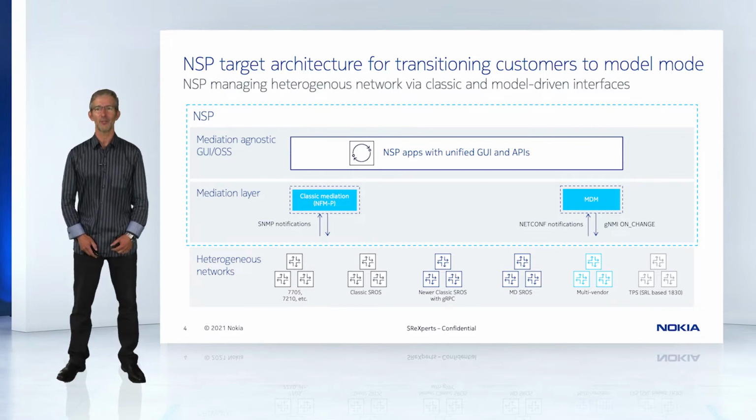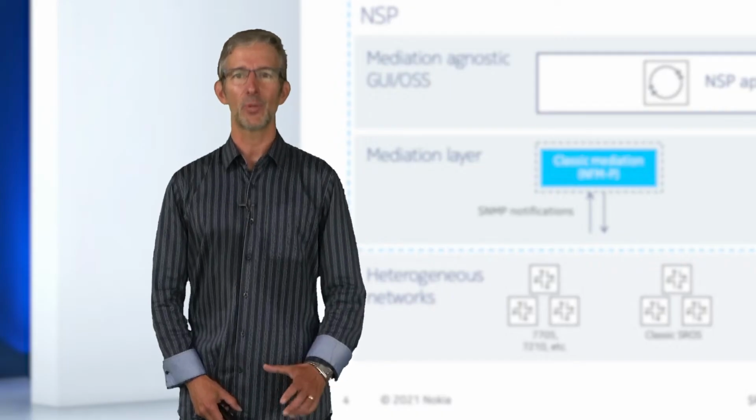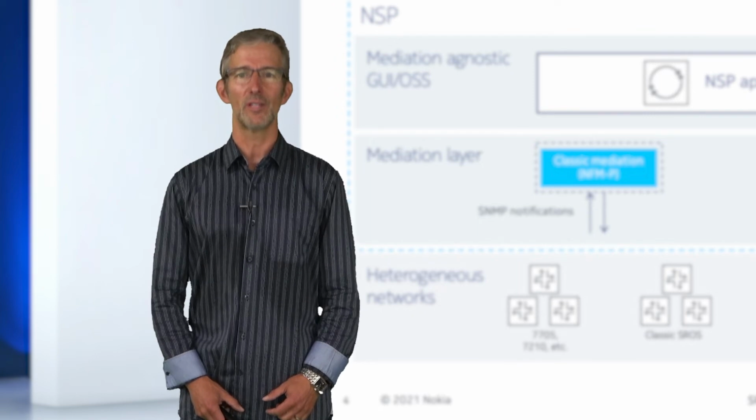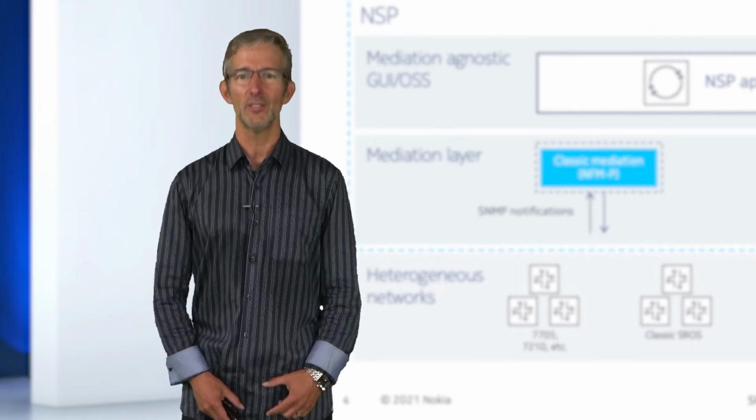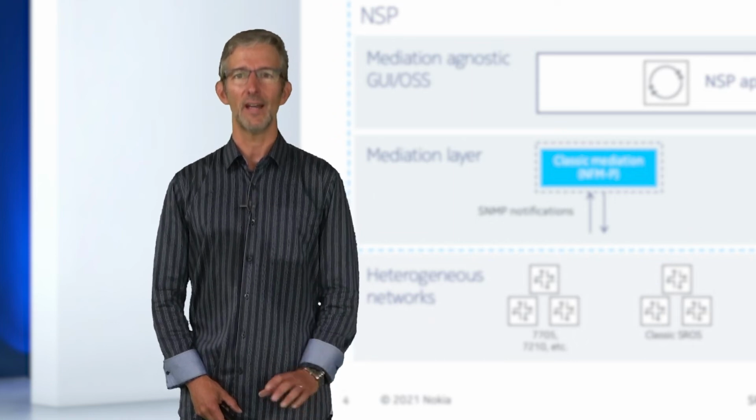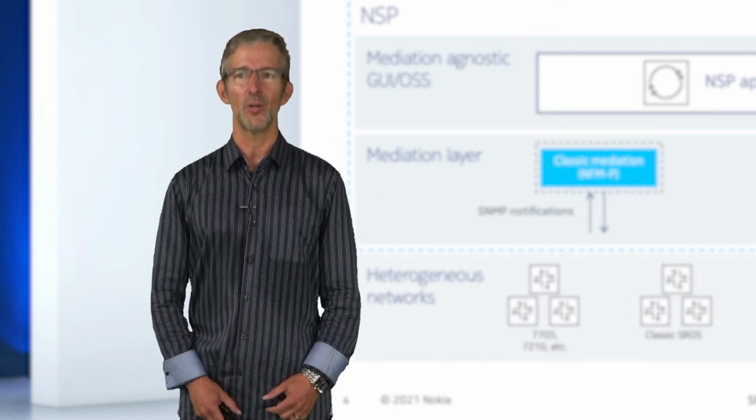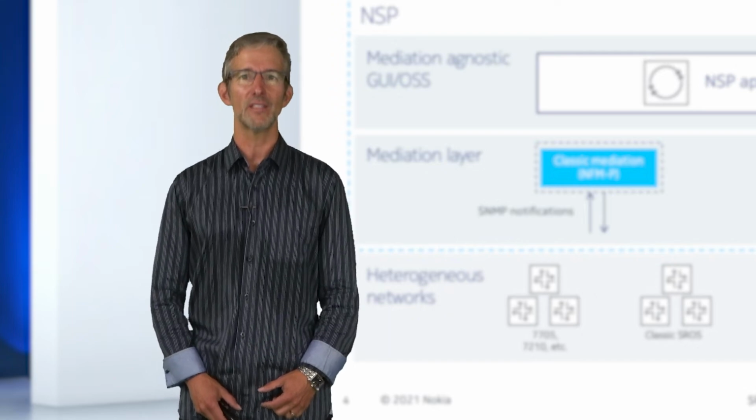First of all, I want to recap and review the high-level architecture. We've been evolving the assurance and analytics applications. We still are. Some of the key principles and points I'd like to underscore here, since these points will be repeated again during the presentation, is the fact that the applications that you see under mediation-agnostic GUI and OSS layer